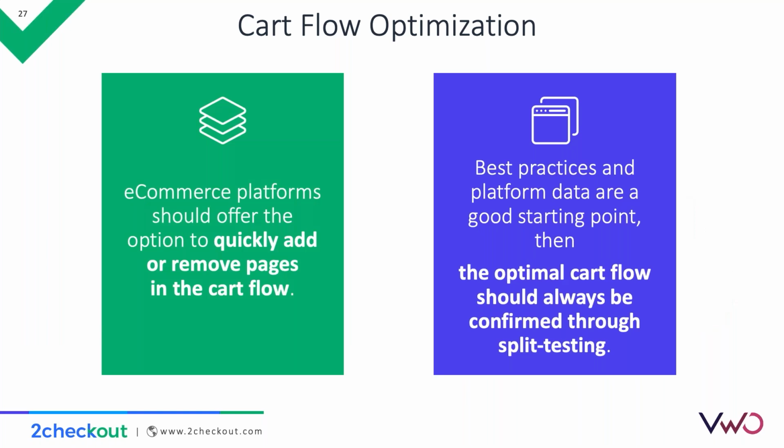Cart flow is one of my favorite ways of quickly boosting revenue. By the way, I think of it as the lowest and juiciest hanging fruit of all, because by doing this you can see huge revenue increases. And it is one of the fastest ways you can optimize, because most e-commerce platforms offer multiple types of cart flows out of the box. So you can simply switch between them and A/B test them with something like a URL parameter. You don't have to invest any resources into this. So it's a really easy revenue boost.